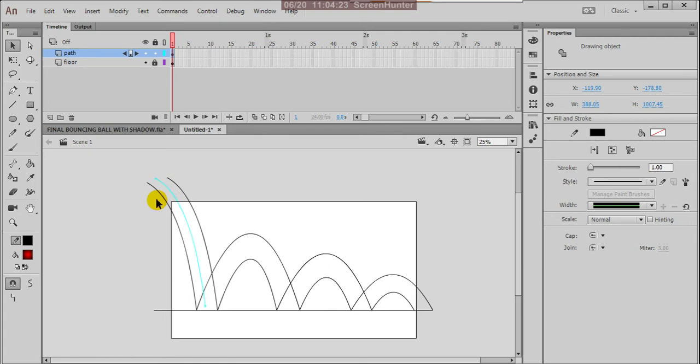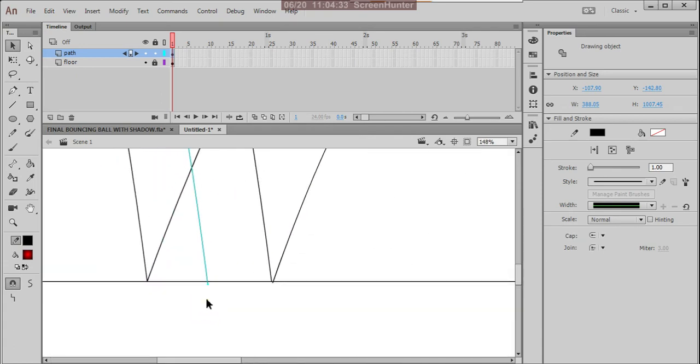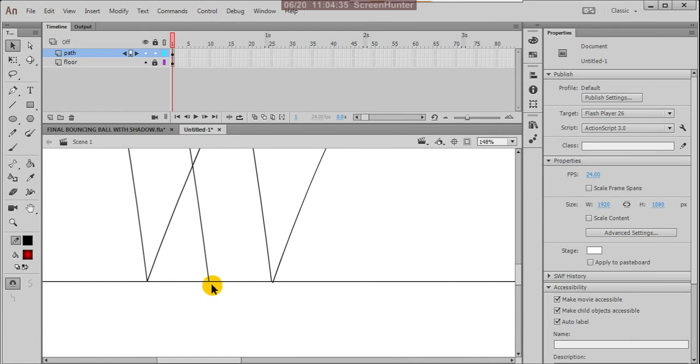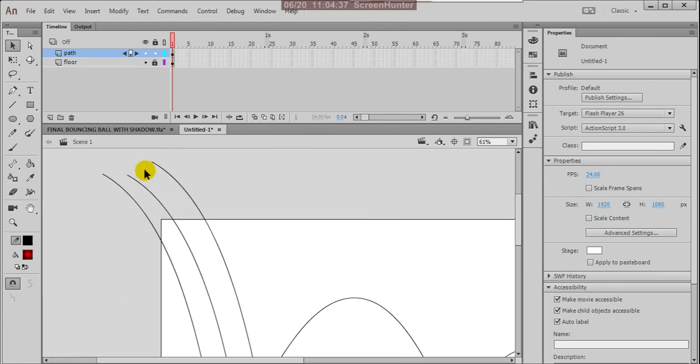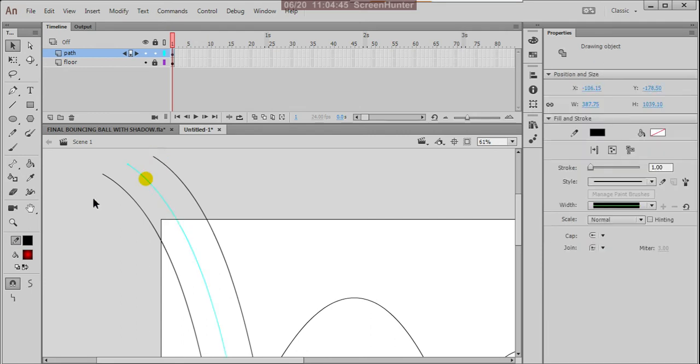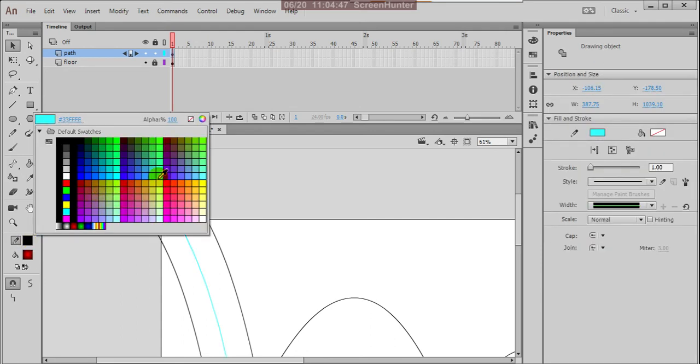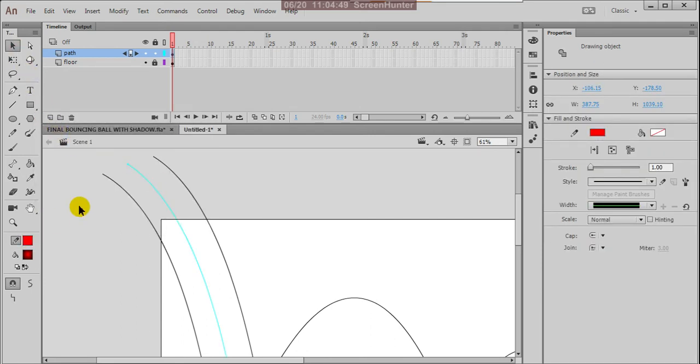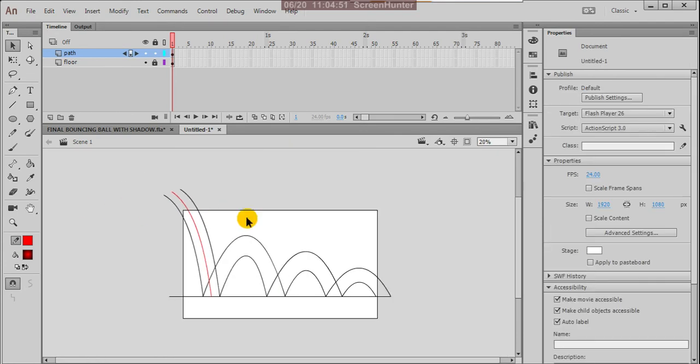Ball middle position we are indicating by this center line. Okay, for this I'm using a different color. Suppose red color I'm giving.